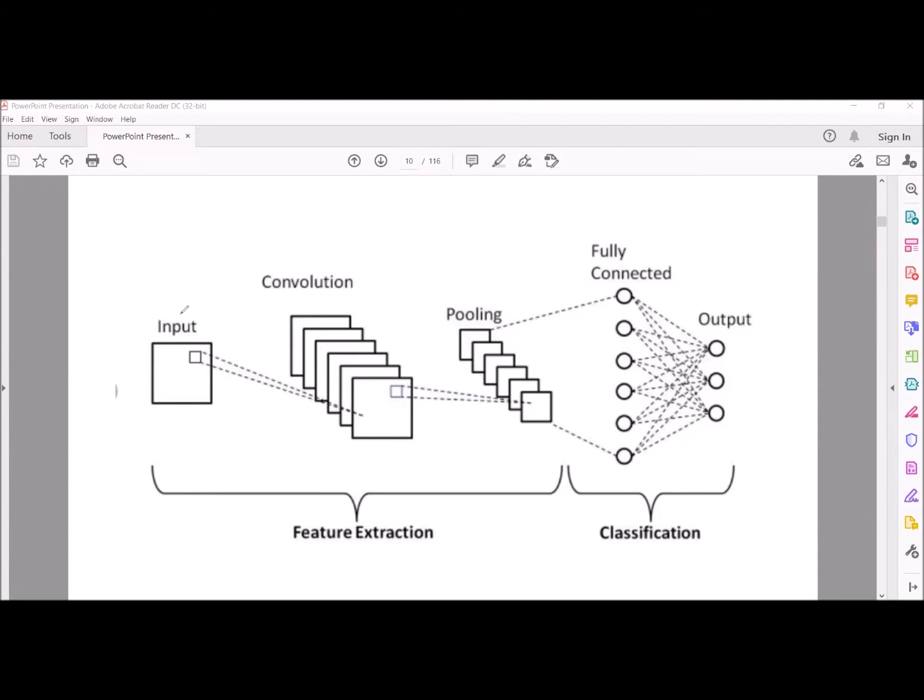Now, in order to extract features, sometimes we want to extract eyes or nose, or sometimes horizontal edges and vertical edges. So in order to extract the features, we are using filters. We also call these filters kernels. We can also call them windows. In image processing terminology, we call them kernels.